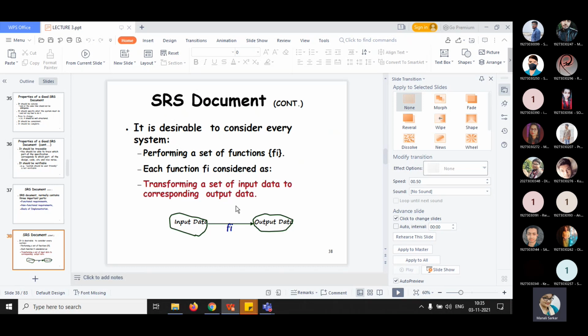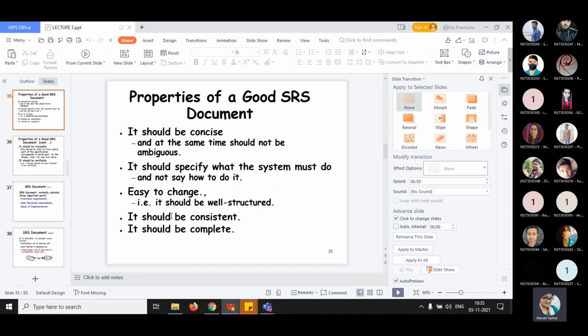Okay, so see here, one more point is missing, that is structured. The SRS document should also be structured. That means it should be a well structured document that is easy to understand and modify. So the SRS document undergoes several revisions to cope with the customer requirements. Whenever you are developing any SRS document, it is not the final one. It goes through several revisions.